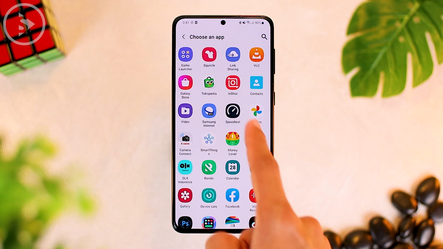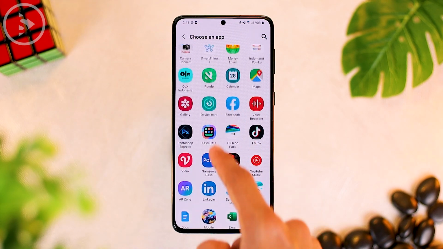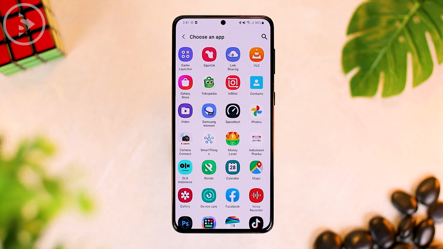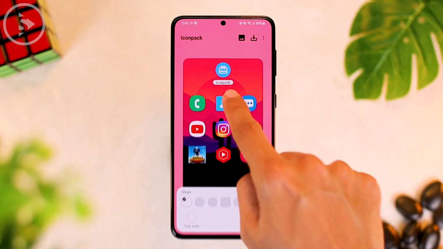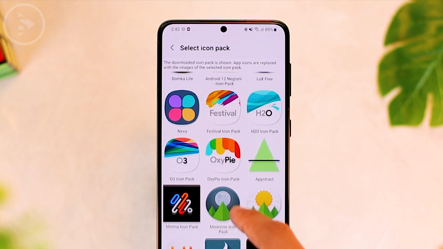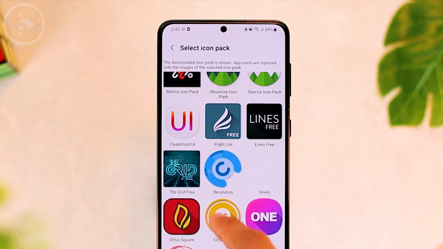So in this latest update, you can change the entire look of the icons on your smartphone based on different icon packs, according to whatever icon packs that you have. To speed up the process of changing icons, we can first select one of the icon packs for the basic look. Here we just go back to the previous menu, then tap on this icon pack label and select an icon pack that we want to apply.